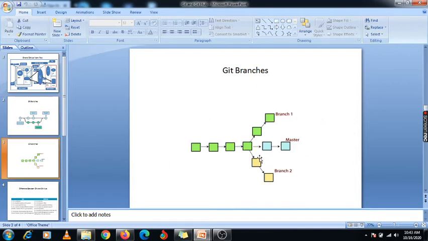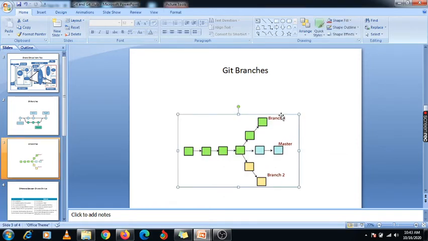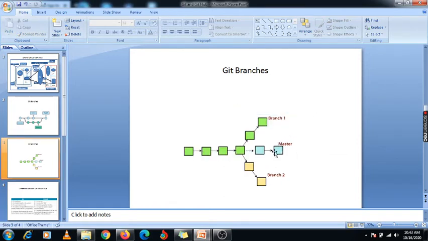This is another diagram. The same master branch is going in the same flow. This is my master branch, and we are creating multiple branches, right? Suppose user 1 has created one branch, that is my master branch, and some other user also wants to work on that particular branch. So we can't disturb that particular branch, right? That is my master branch.